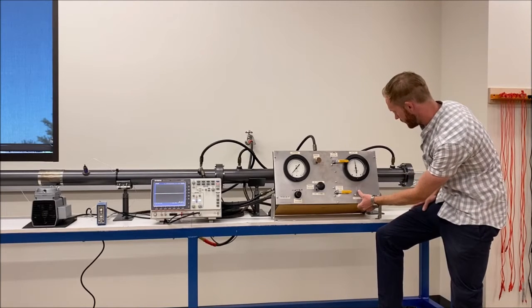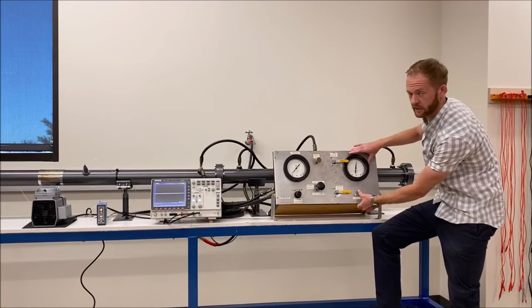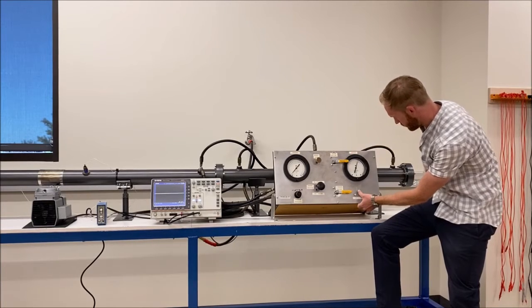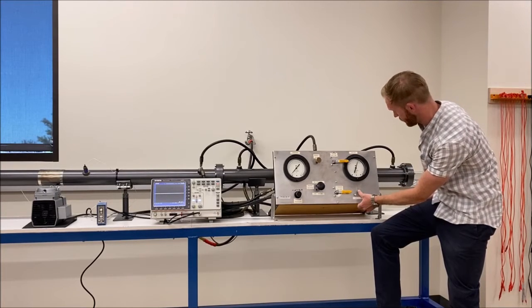So what do we have? That's 16. Remember, this gauge is reading in inches of mercury again. We have 17. I'm waiting for the needle to stop. Got about 17.5 inches of